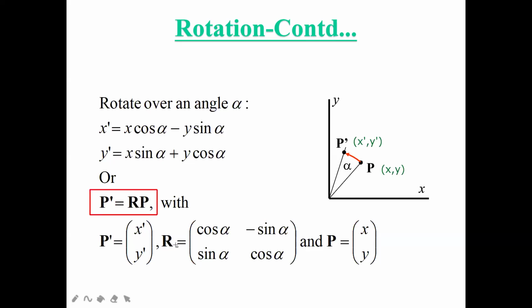What will be your rotational value? You can see here cos alpha, minus sin alpha. Then here sin alpha, plus cos alpha. So this is the value of your rotation. In this way you have to mention all the values you are getting, in a 2D matrix form and also in a homogeneous matrix form. In both matrix forms you are going to write. Okay, now moving towards the next slide.